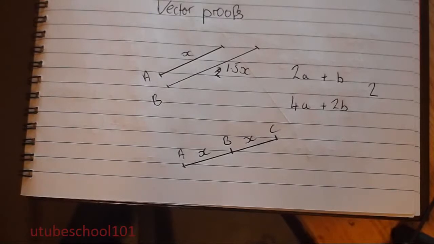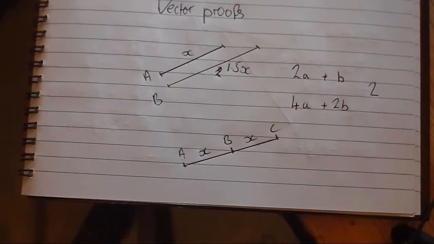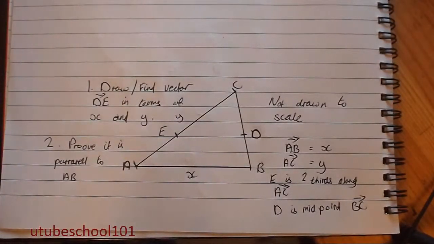I'm just going to pause this video now, and I'm going to create a more complex problem where you have to find a vector and draw the vector on the shape, and then on that shape you have to prove why line A is parallel to line B. See you then. Okay, welcome back YouTube,